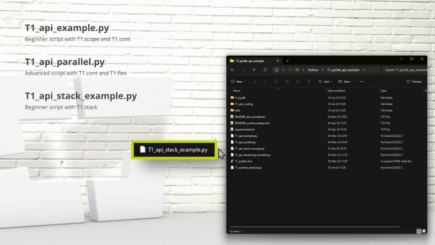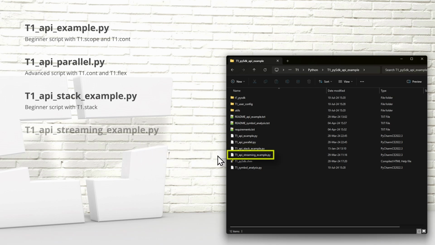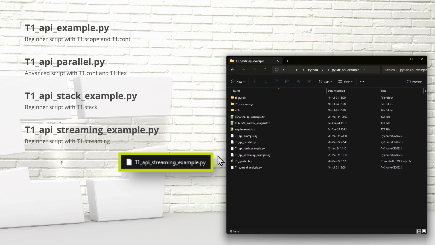T1.api stack example can be used with a T1 stack license and without a target. It performs a T1 stack analysis and generates a CSV summary. T1.api streaming example can be used with a T1 timing and T1 streaming license, with a target using a communication bus allowing streaming. It streams raw data for a certain amount of time, then reinterprets the raw trace and generates